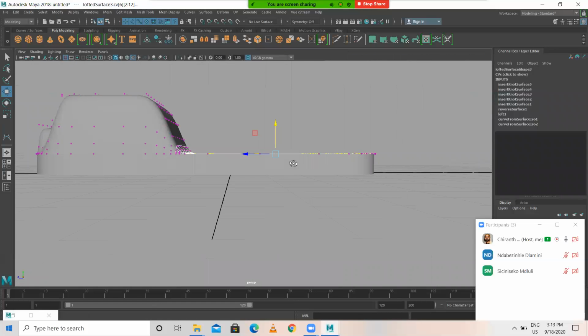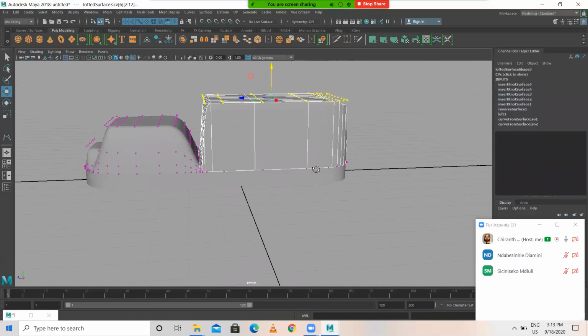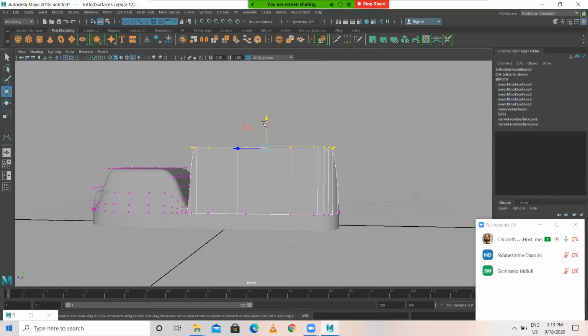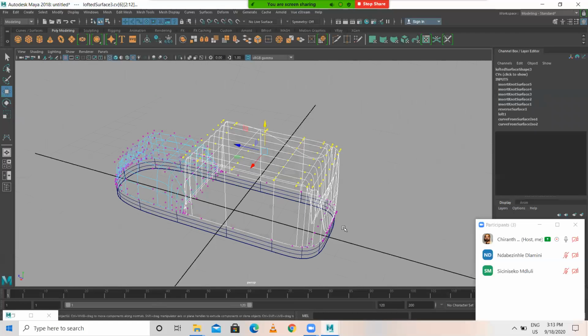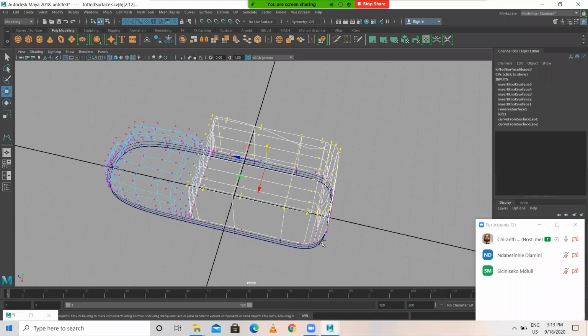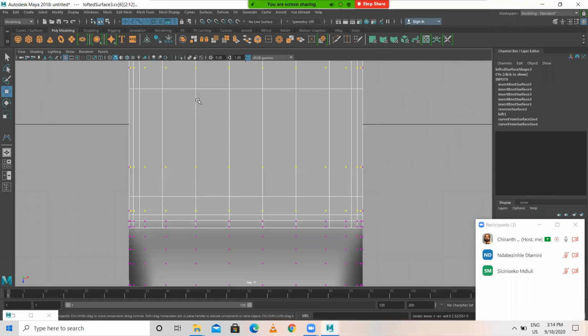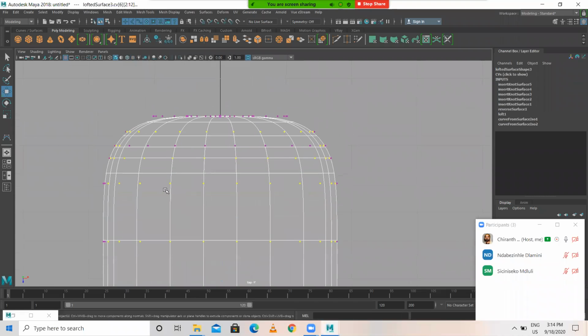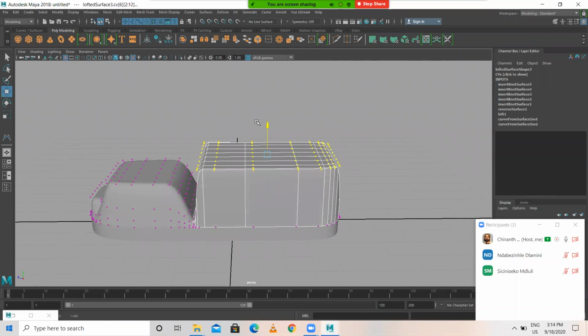So come over here. Just raise it like this. Okay. Raise it over here like this.